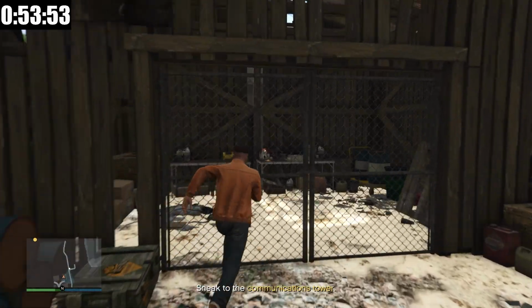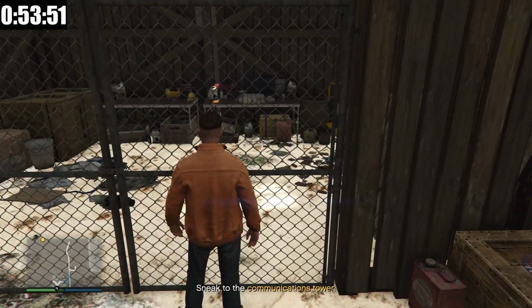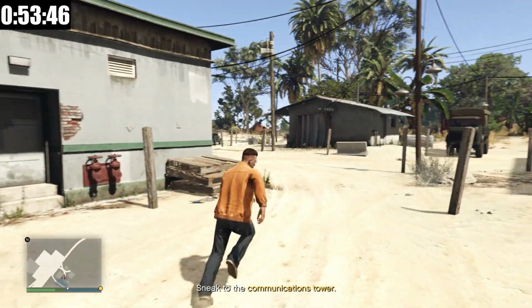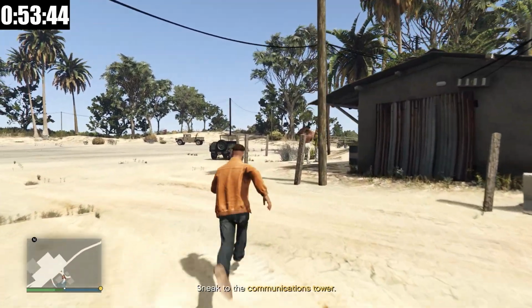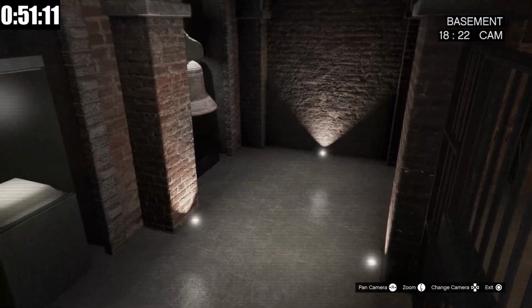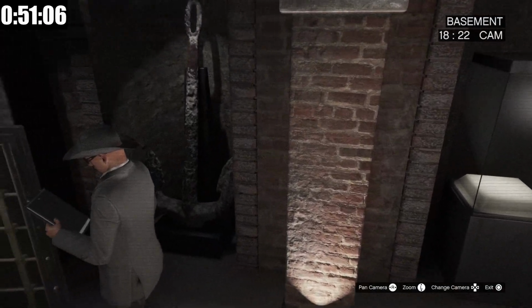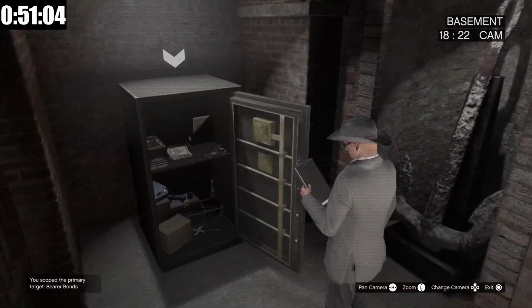And over here at the secondary loot location, we have coke. Perfect, so at least we have one stack of coke. We'll grab another stack of weed, and that will be decent. Let's see what we have as a primary target. Okay, the moment of truth. We did not get the pink diamond, unfortunately, but we did get bearer bonds, which is actually a decent primary